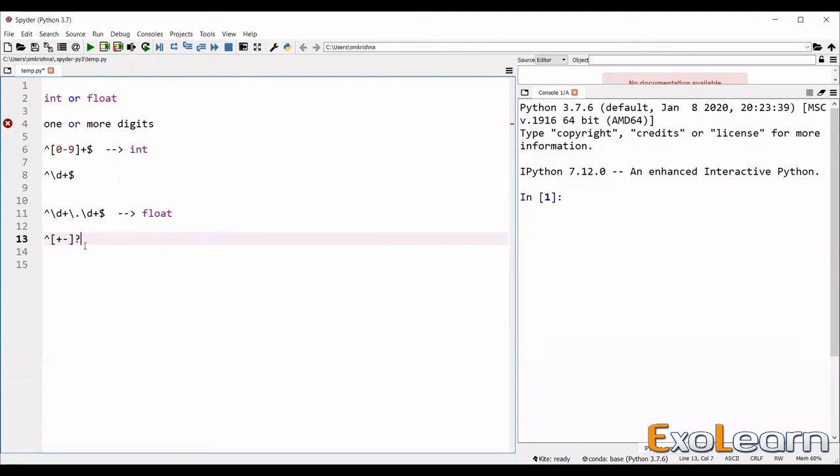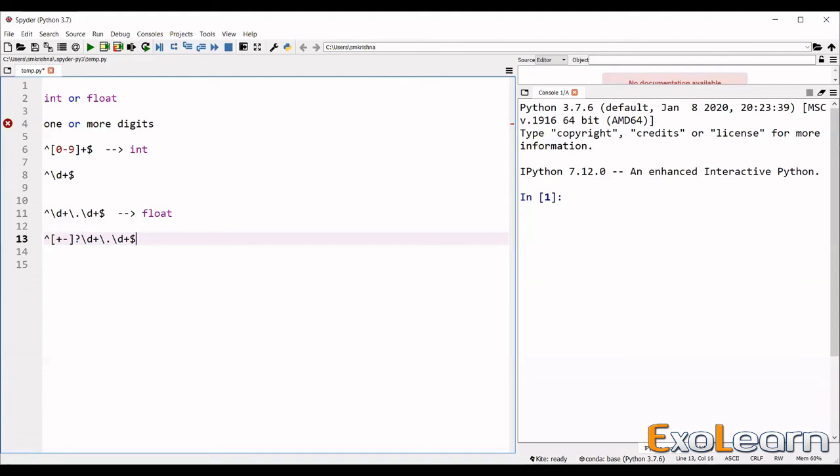What is the meaning of this regular expression as of now? Plus or a minus in square brackets means either a plus or a minus symbol is allowed. How many times are they allowed? 0 or 1 times, because it is followed by a question mark. That means if there is no sign also, okay. But if the sign is present, it should be present a maximum of 1 time only. That's it. Followed by digits, so slash d plus, and then a dot, and then slash d plus, and then dollar, end immediately. This is the perfect regular expression which accepts either integer numbers or floating point numbers with or without signs.